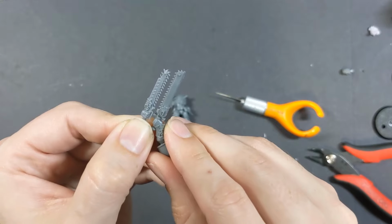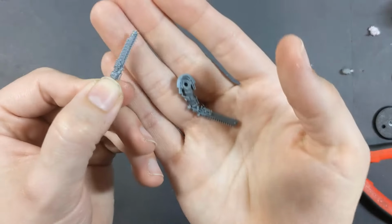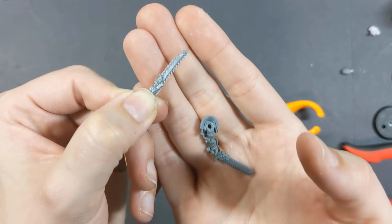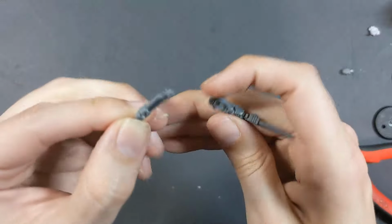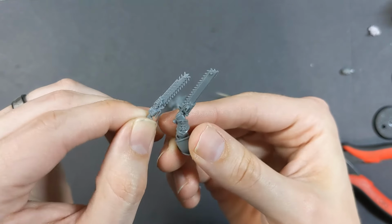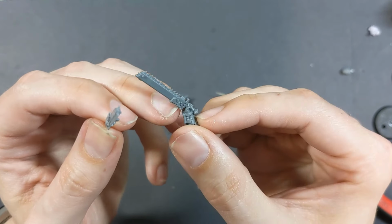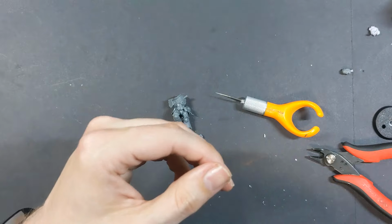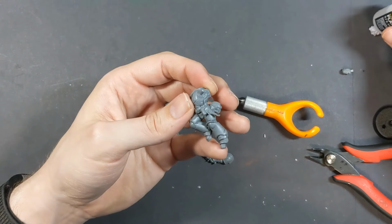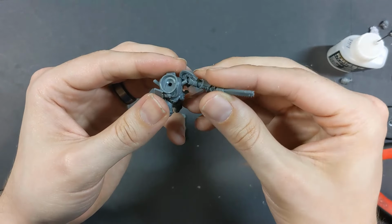So if you want your chain swords to look less bland and your models come with fancy Space Wolf ones, Dark Angels, whatever you choose to use, you swap these bad boys out. I don't think anyone's going to complain. And you can cut it kind of at the base there, maybe pin it, or try to cut off the hand. I might give that a shot later if I start doing a Joe converts it instead of Joe builds it. All right, I'm going to pop on this